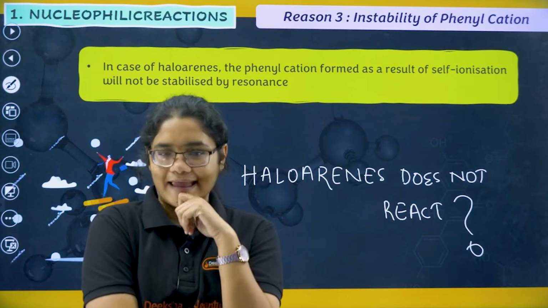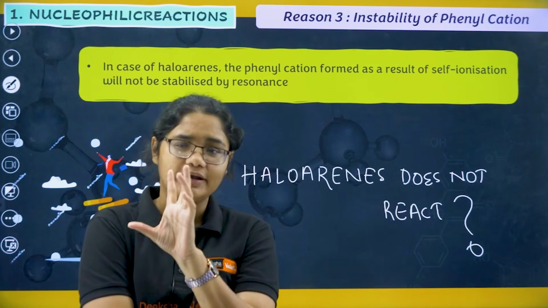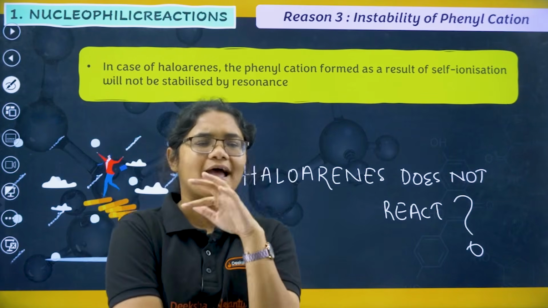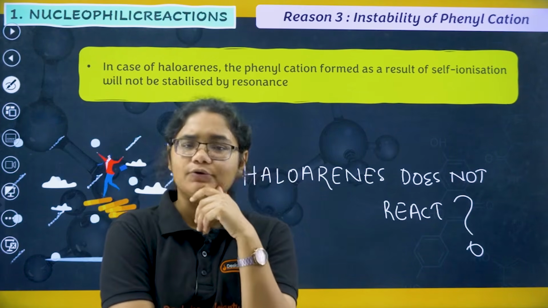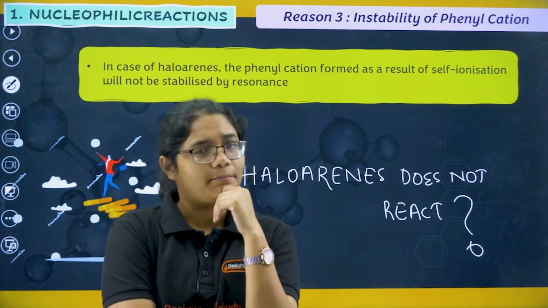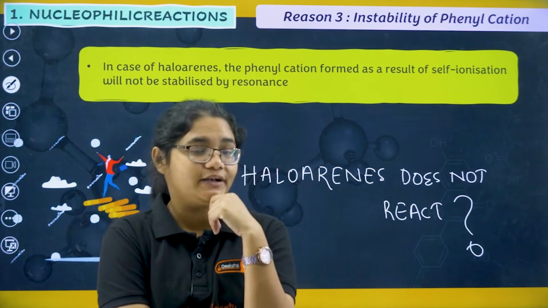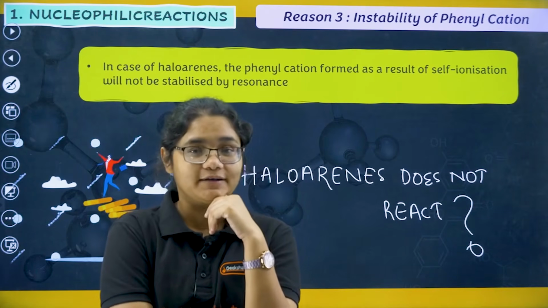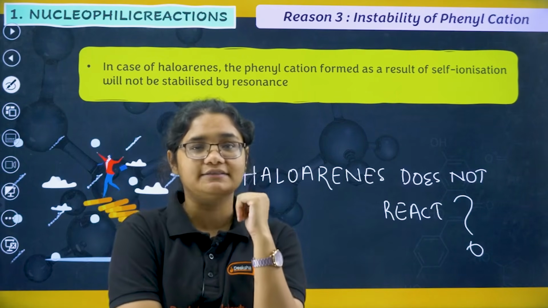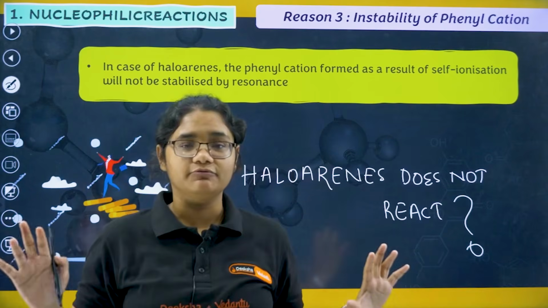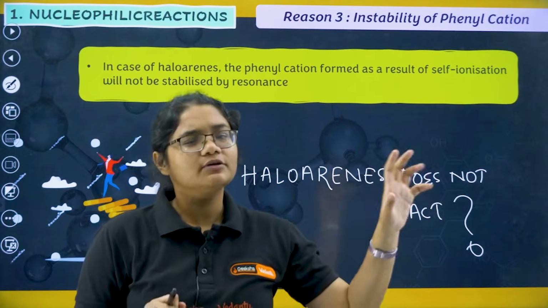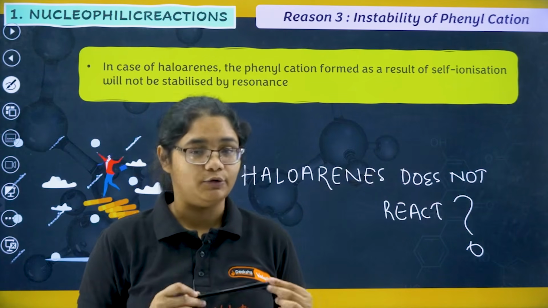So now haloalkanes and haloarenes. Haloalkanes are reacting with nucleophiles. Now haloarenes saw that, okay, I have this problem, I cannot react with nucleophiles. But can I be defeated by haloalkanes? Can I accept my defeat from haloalkanes? Then haloalkanes will say that I am more powerful because I can react with nucleophiles. You are not powerful because you cannot react with nucleophiles.